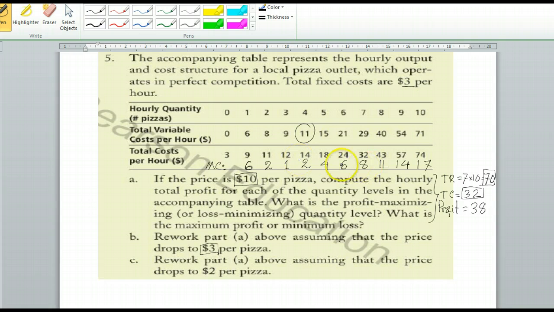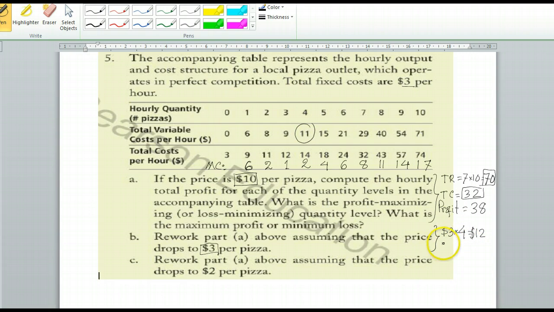Okay, so let's see how much the profit is. If the profit is negative, even then it might produce, as long as the total revenue is bigger than variable costs. So if this firm produces 4 units, the total revenue in that case, in part B, where price is $3, is going to be $3 times 4 units, $12,